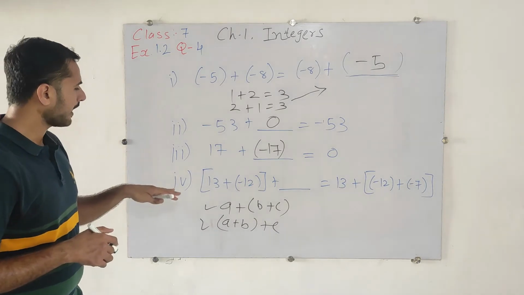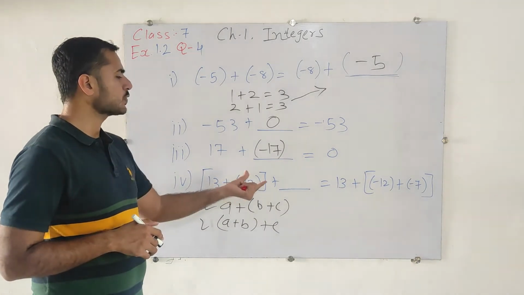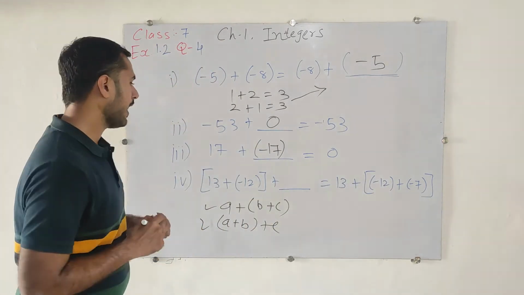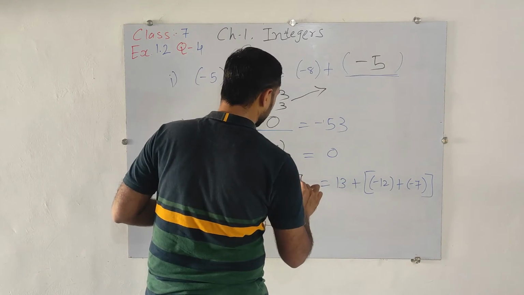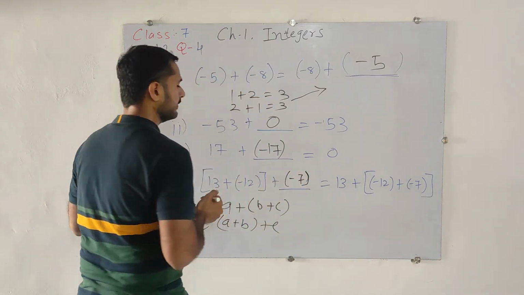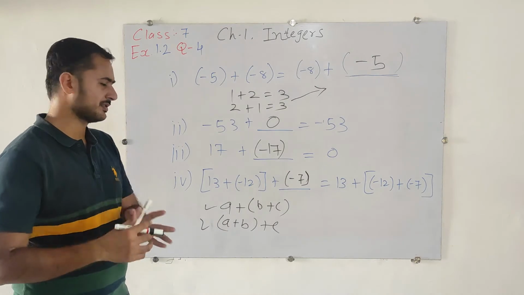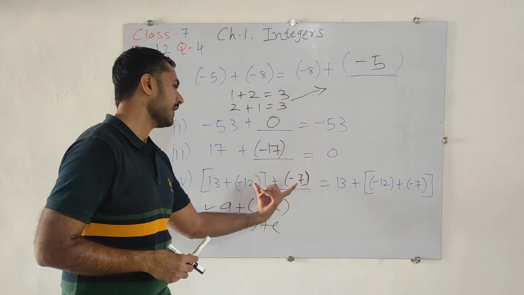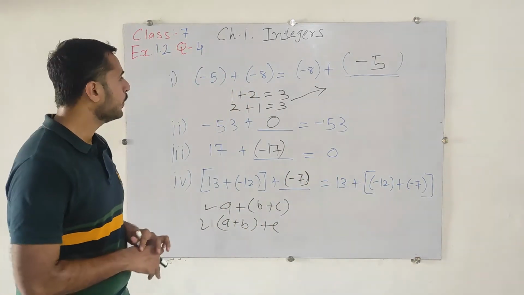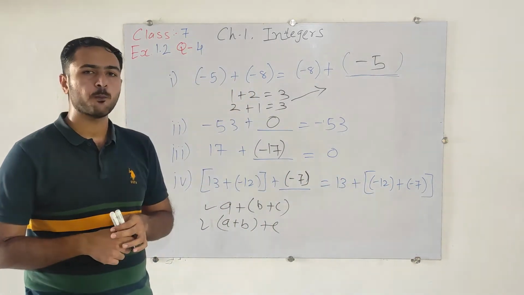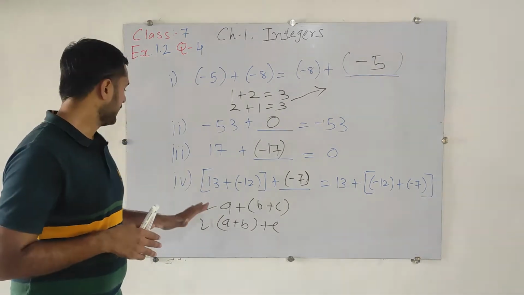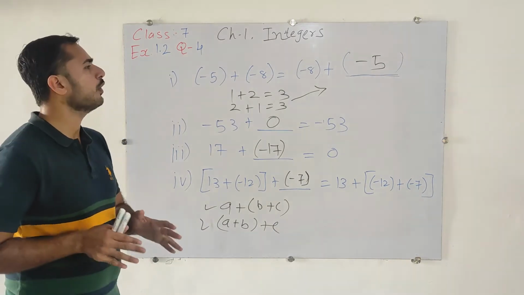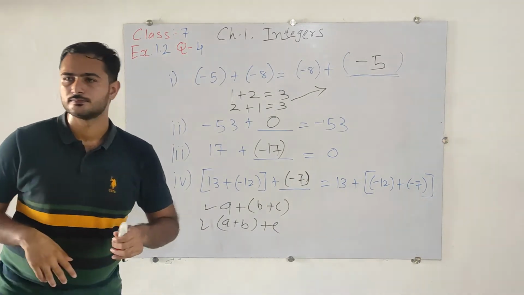So for that, what I am going to do? Here 13 plus minus 12 plus something, and here that is 13 plus minus 12 plus minus 7. So I just need to write down minus 7 here. In the associative property we just change the groups. So here 13 plus minus 12 is the first group, and the second time I use minus 12 and minus 7 together. So this is how we can do the fill in the blanks for the properties which we learned. One more question is the fifth one, but you have to complete it by yourself for practice. Now just pause the video and note it down.